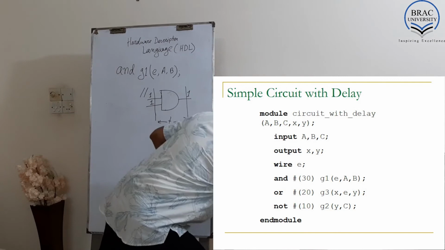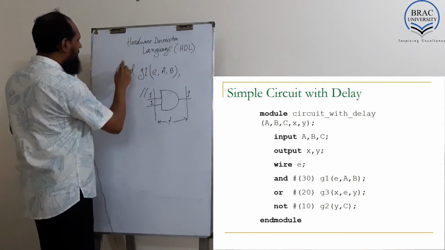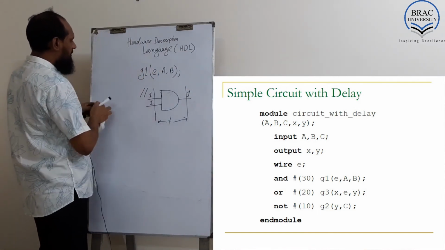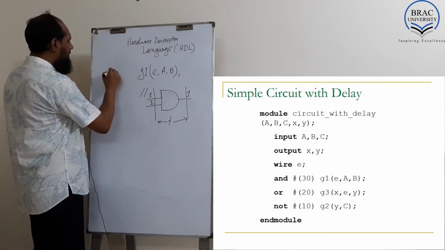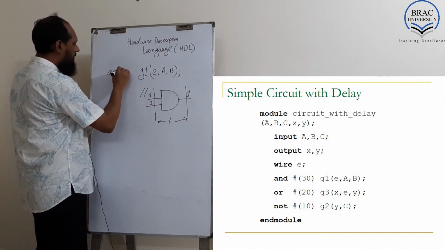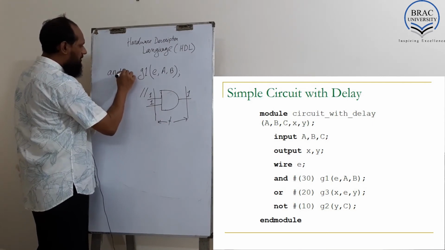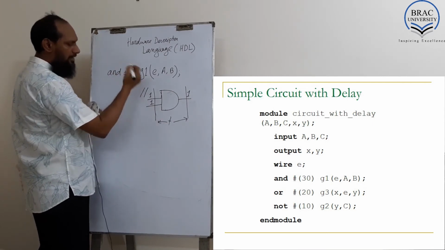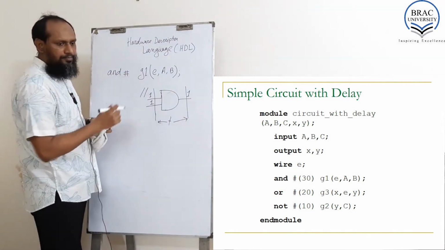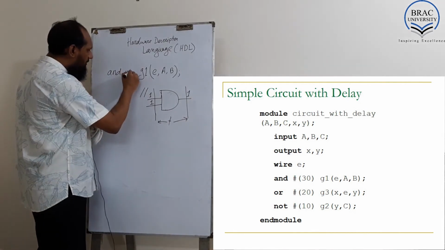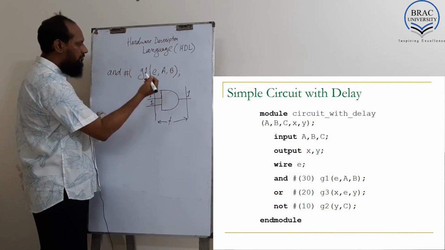So we can rewrite it here: AND gate, then the special hash symbol, then the delay in brackets, like if we use 30